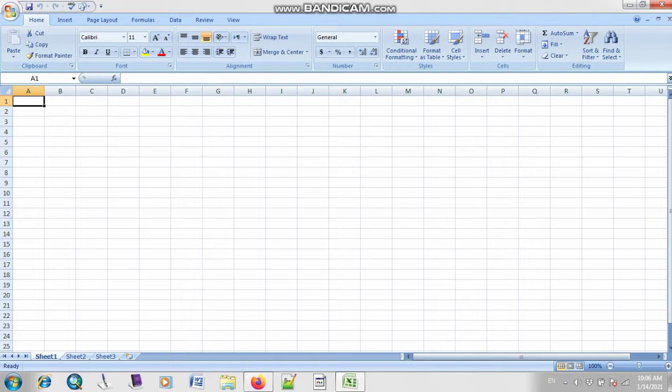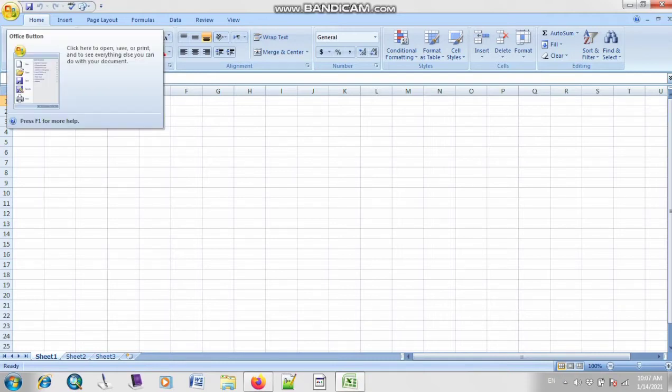Today in this lesson we are going to learn the basic components of Microsoft Excel. The components means what are the basic elements and what is the interface of Microsoft Excel. Is it clear? Okay, now Albina, tell me what is the first component. For example, what is the use of this button? This is the Office button. So now what is the use of the Office button? Yes, tell me, what is the use of the Office button?